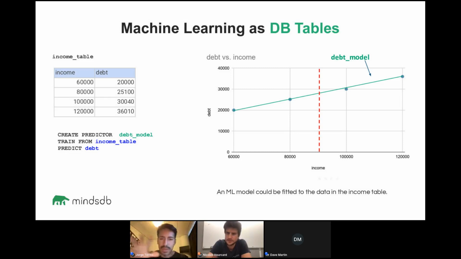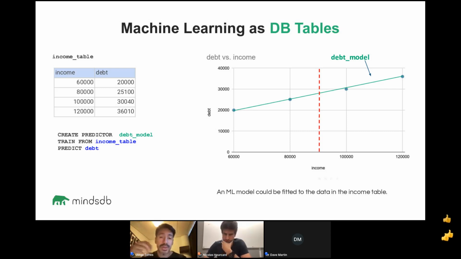So the syntax is, again, similar to creating a view from another table, which is create predictor, and then however you want to name this predictor, and then from what you want to train. In this case, you want to train from the whole table, but you can now in this train from leverage all the data transformation capabilities that the database has. So if you want to manipulate this data, you can say train from and then select whatever select statement, and as crazy as you want the select statement to be. Now, the intuition here as well is that if your problem is time series, that select statement doesn't have to be even that crazy, because that's the work that QuestDB is doing or bringing for you to simplify the data transformation tasks that you have to do for time series problems. And then you specify the column that you want to predict.